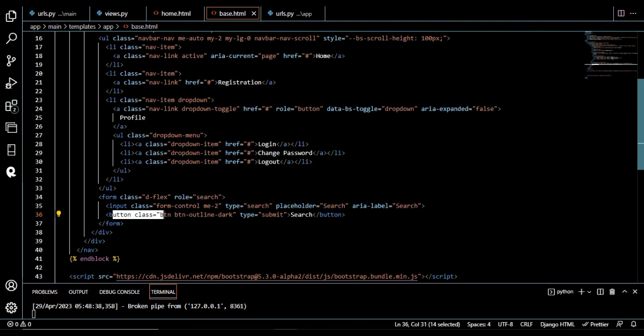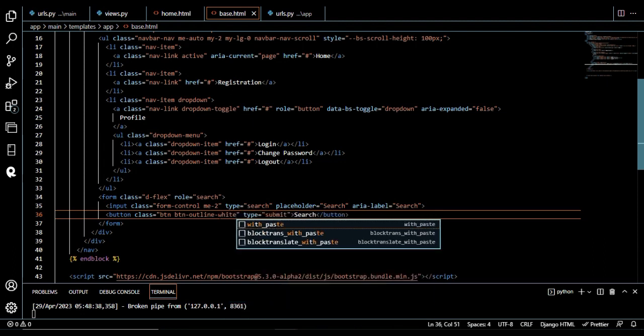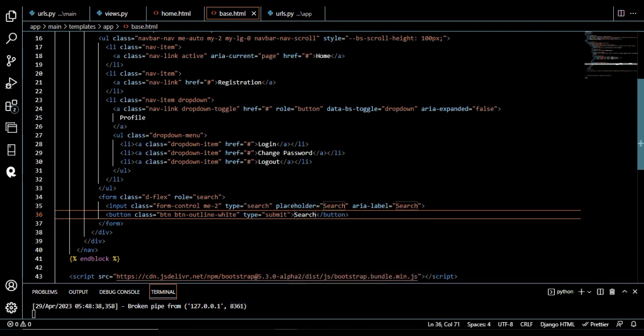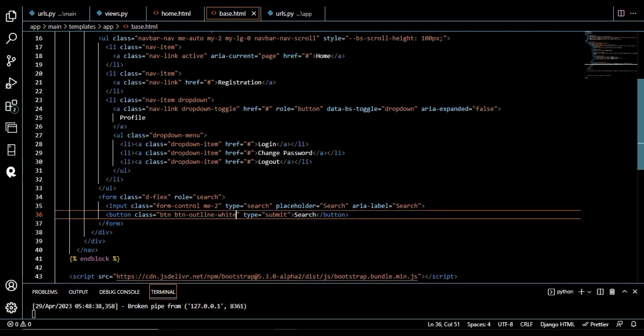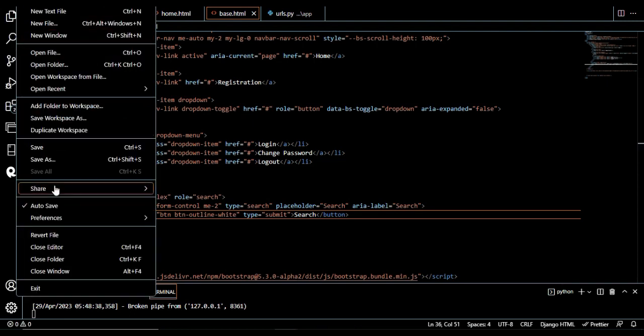The button is btn outline dark. We can change its color, for example, to white or outline white, or to a dark color or green color. It's up to you what kind of format you would like to give for this attribute. So dark color or white color is up to you. If we save the change, we can see that